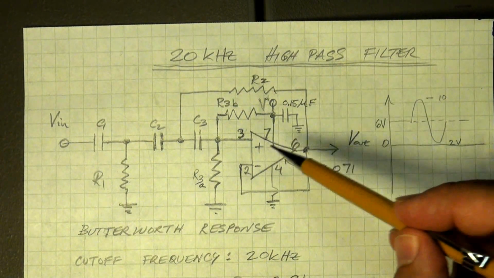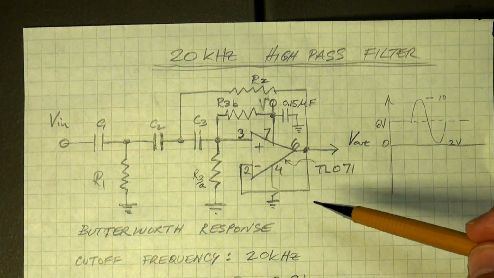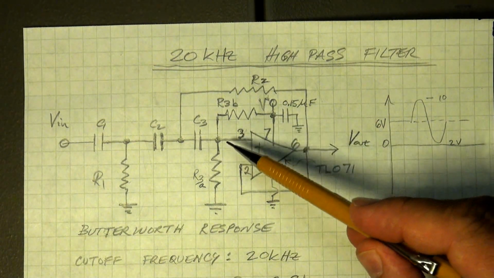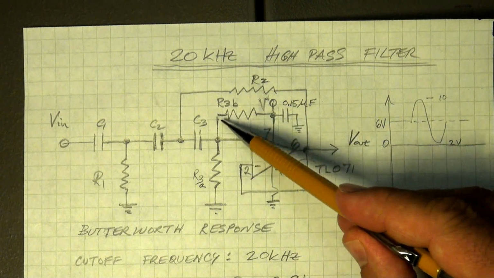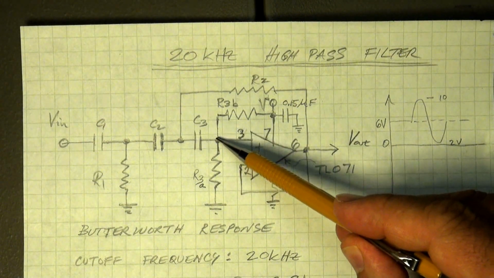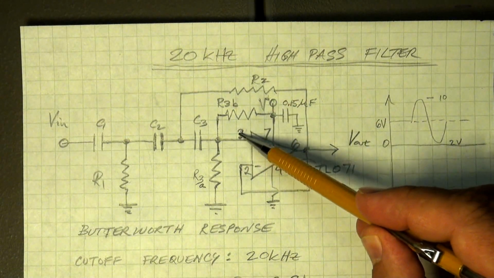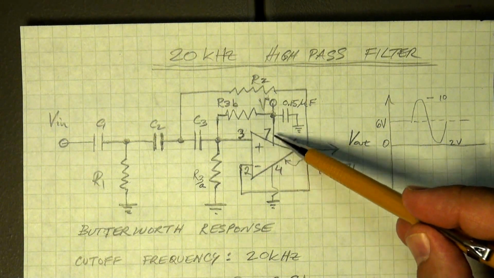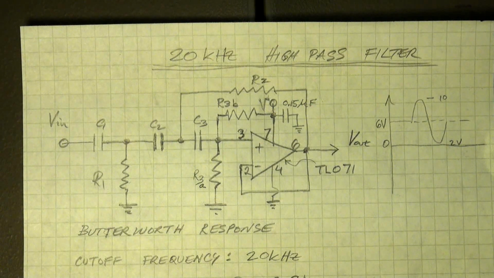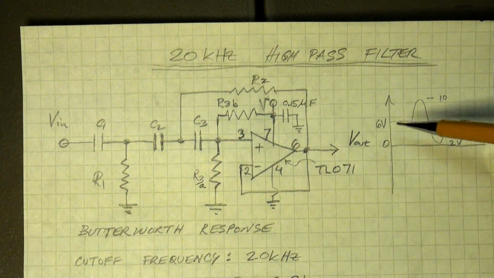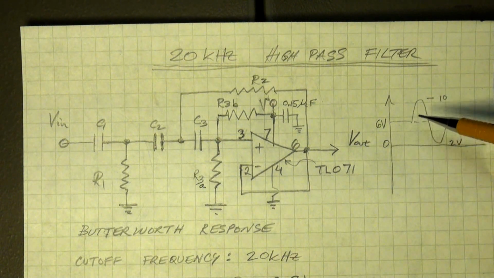So for DC, these capacitors basically act as open circuits, and it's unity gain for DC, so whatever voltage appears at the junction of these two resistors, half of 12 volts being 6 volts, will also appear at pin 6. So the reason I want 6 volts, I want the output to float at 50% of the